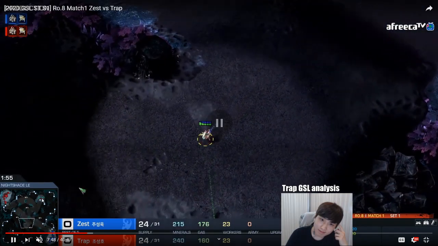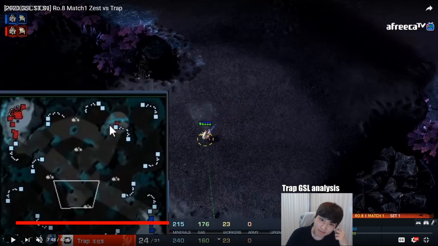So Trap does this thing where he puts the proxy at the top part of the map, so that it's not easily scouted by Zest, but it also gives a little bit of extra vision on this side of the map for Trap as well. Then he cuts it all the way across over here,